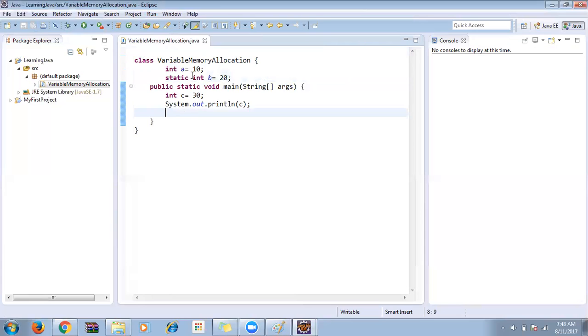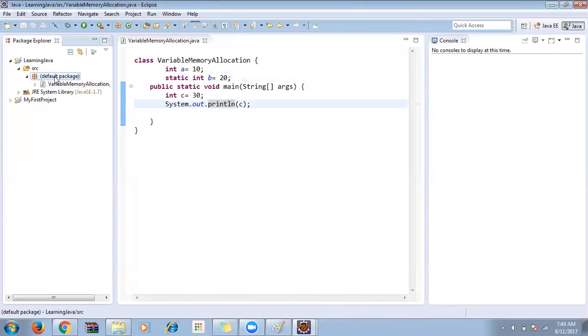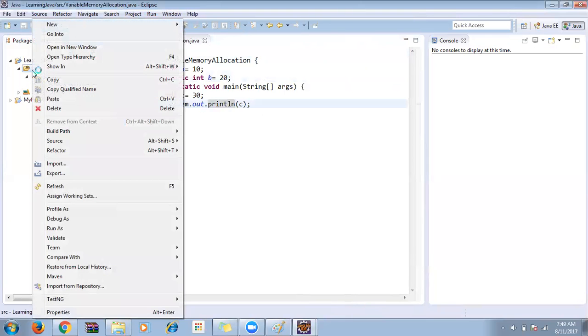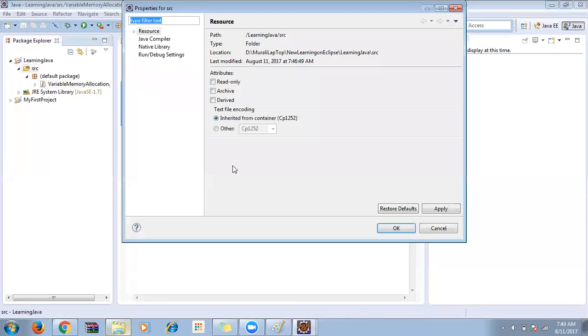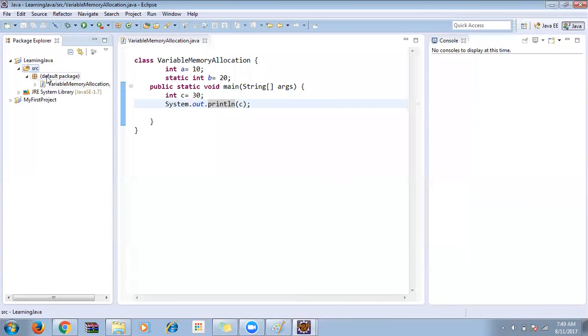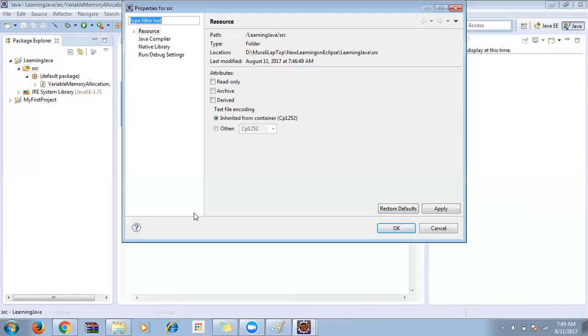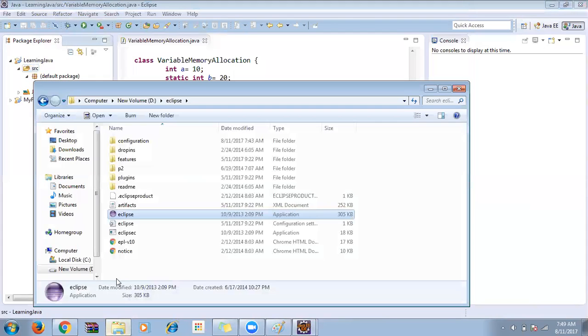So how can I access the non-static member? What is my class name? Variable memory location. As of now, I'll just give the name as a simpler term. Can you see? I have not given any package name, so it will be taken as the default package. Now, if we go to the original memory location, right click on the source folder, go to properties. I'm just copying the location of where the source folder is present. So if I go there,